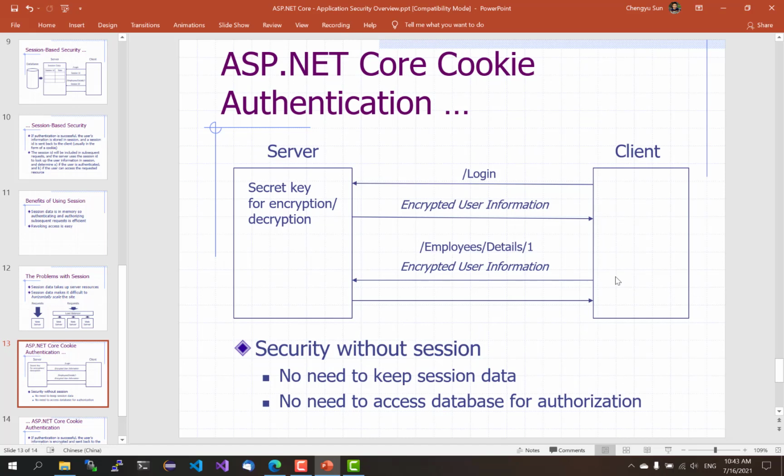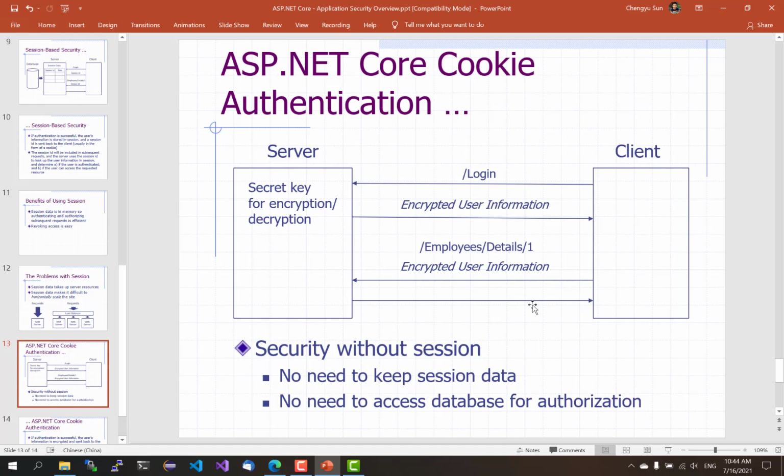And then the encrypted user information will be included in subsequent requests in a cookie. The server will look for this cookie to determine if the user is authenticated. If the cookie exists, it means the user is authenticated. Then the server will decrypt the user information in the cookie and use it to decide if the user can